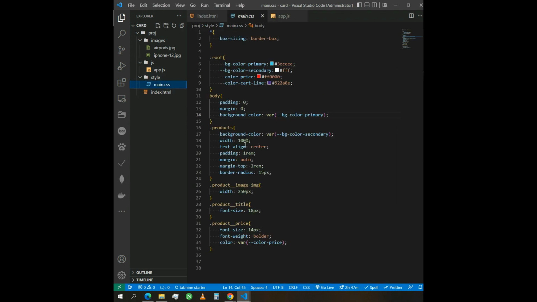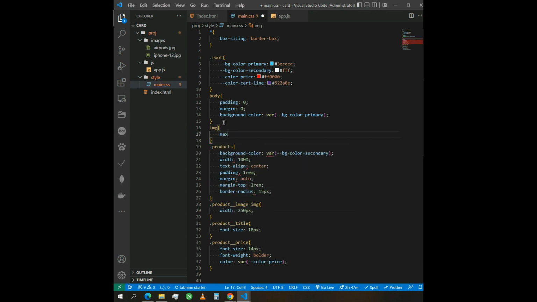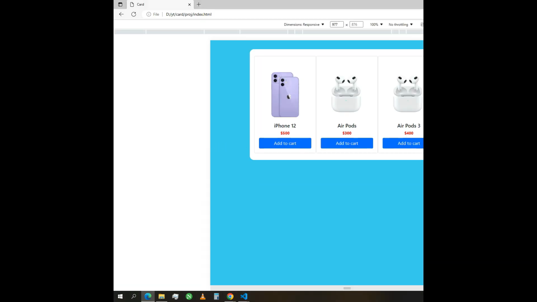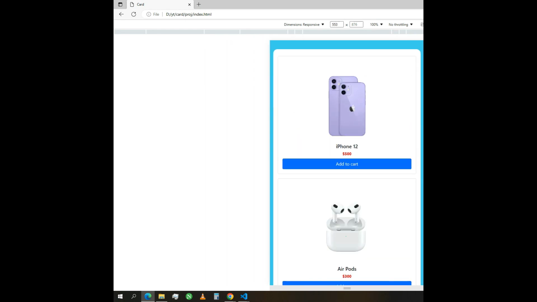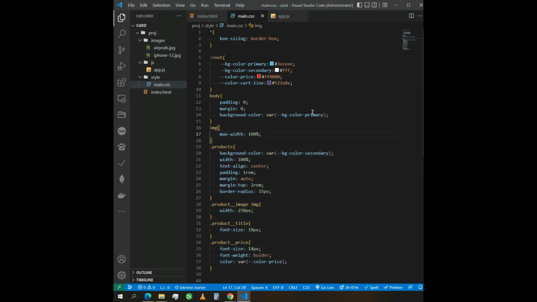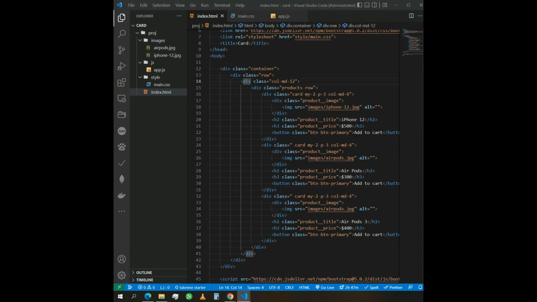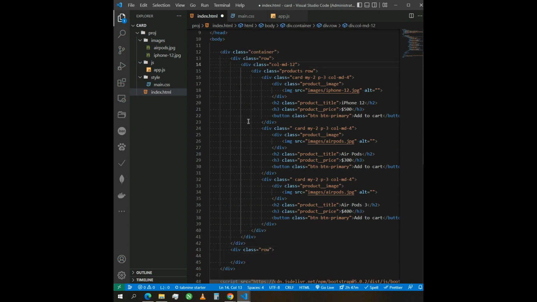So in the main.css, fix the image, img max width 100%, and reload, and we have a good result. So create the next section. Outside the row, create a div class row, and so copy this,